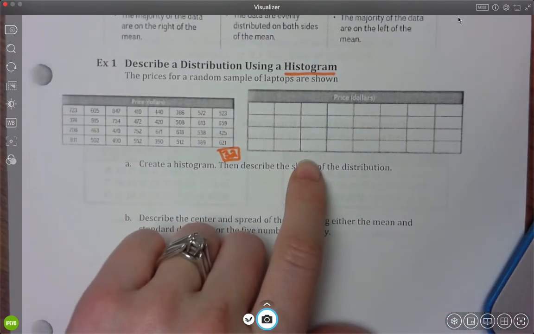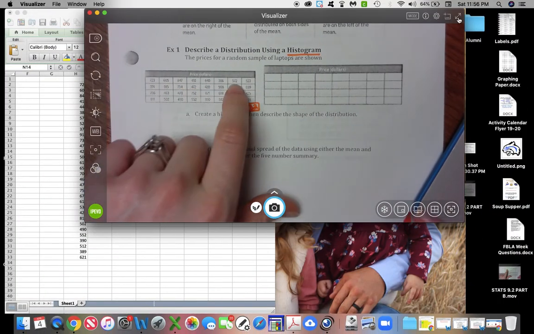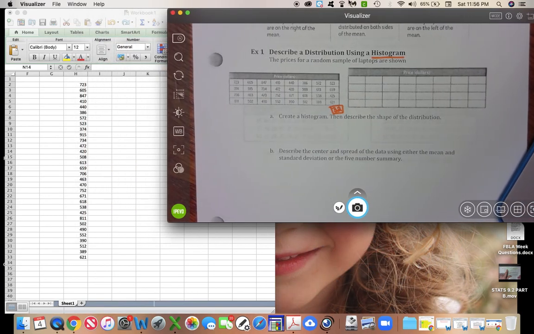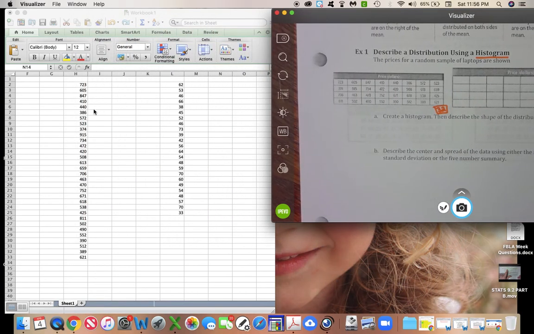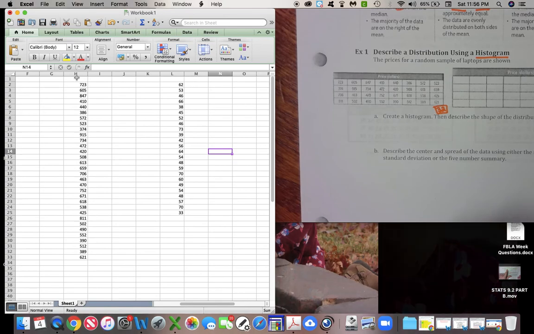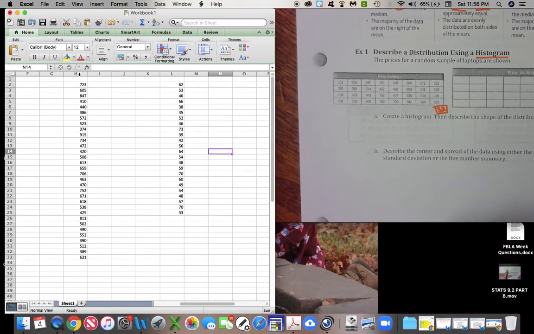So what I've done to help me out, because I can't sit here and cross off and put them in the correct order, I went ahead and on an Excel spreadsheet, I took this data and I typed it in here in this first column. This stuff is going to be stuff that we're going to use on the backside. But I've typed them into this first column, and what I can do